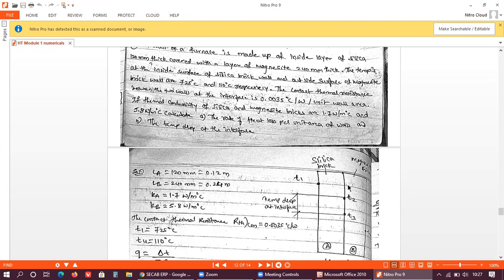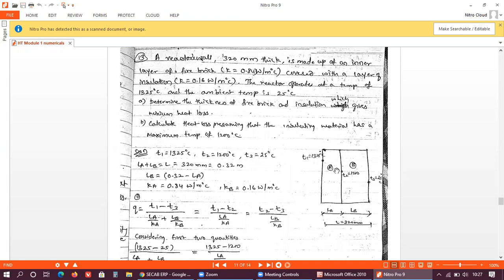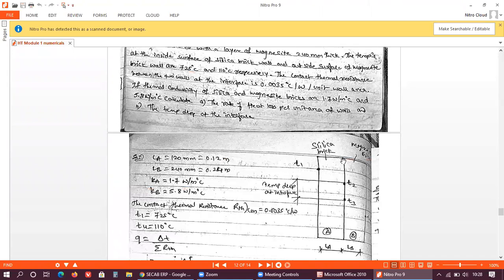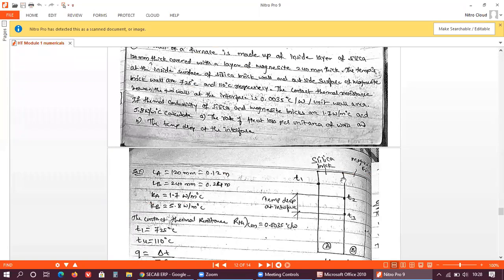So in the earlier case what we have discussed, पीछे के प्रॉब्लम में क्या डिस्कस किए? Rate of heat transfer, there is no loss. Even at this contact surface also there is no loss, what we have discussed. That's why we have written these equations, right? ये तीनों इक्वेशन इक्वल टू करके हम लोगों ने डिफाइन किया है यहाँ पे. So because we were considering in the previous problem that there is no heat loss, whereas in this problem there is a thermal contact resistance. So at the interface there is a resistance. ये प्रॉब्लम में मेंशन किया हुआ है. So we have to go with that thermal contact resistance concept.